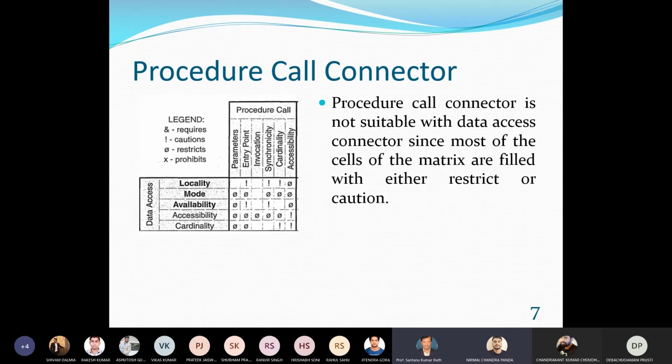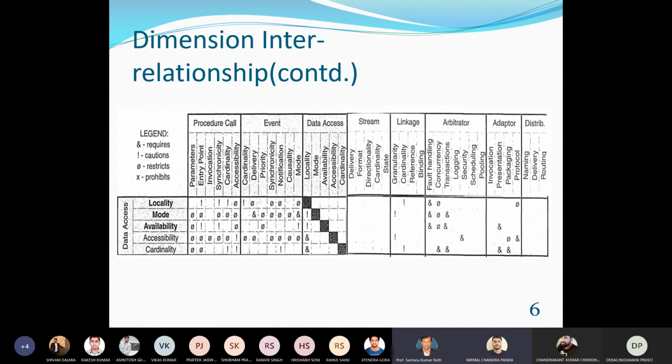The third block: procedure call versus data access. I want procedure call row-wise and data access column-wise. The first one, procedure call with data access. How is it different from data access versus procedure call?